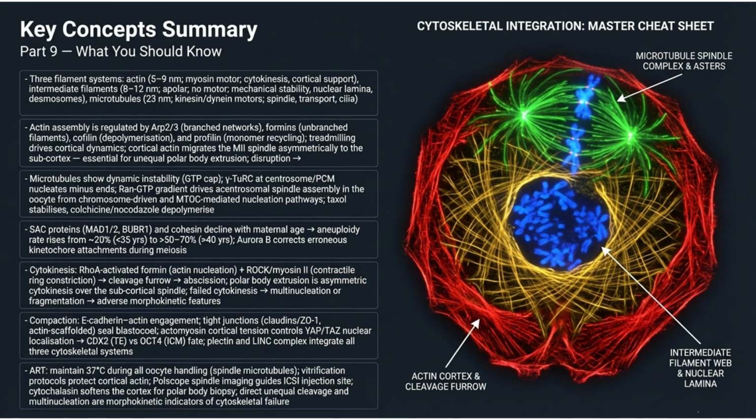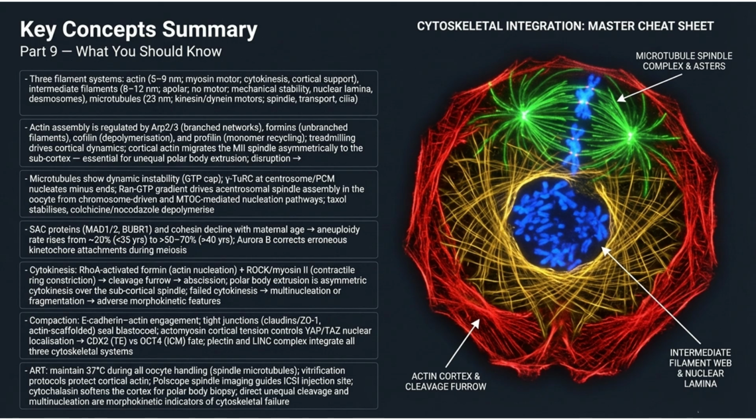You must definitively know the structural distinctions of the 3 systems. Actin is 5 to 9 nanometers, utilizes ATP for treadmilling, nucleates via ARP2/3 or formins, and physically powers the contractile ring and cortical dynamics. Intermediate filaments are 8 to 12 nanometers, apolar, incredibly stable, require no energy, and provide immense tissue strength via desmosomes and keratins. Microtubules are massive 23-nanometer hollow tubes, utilize GTP, display violent dynamic instability, and form the meiotic and mitotic spindles to